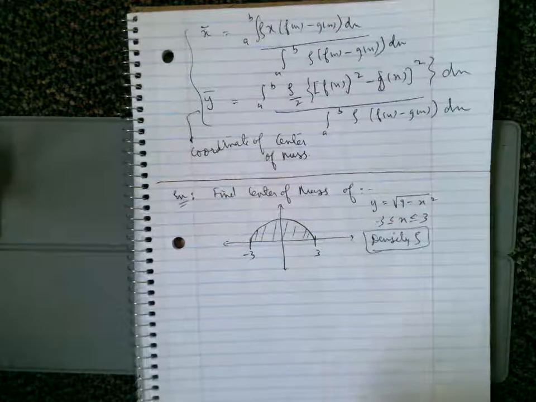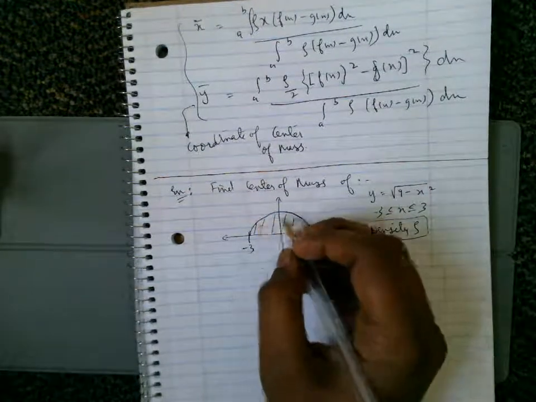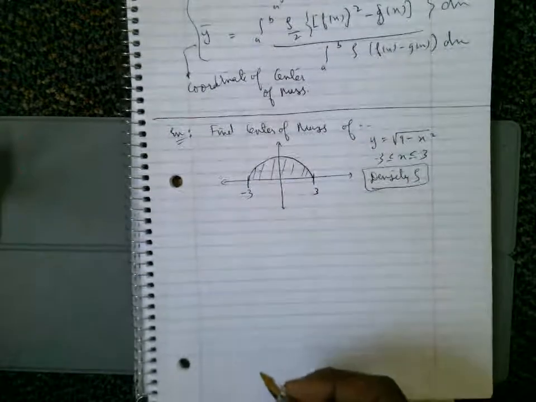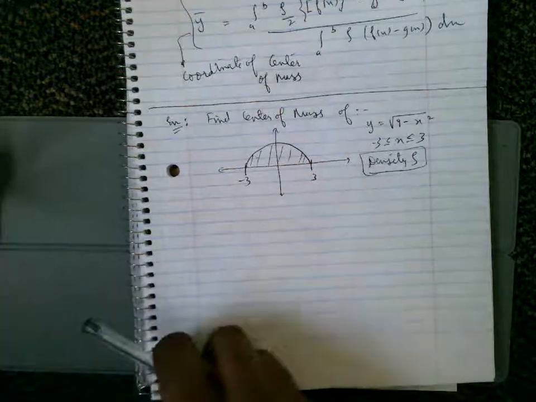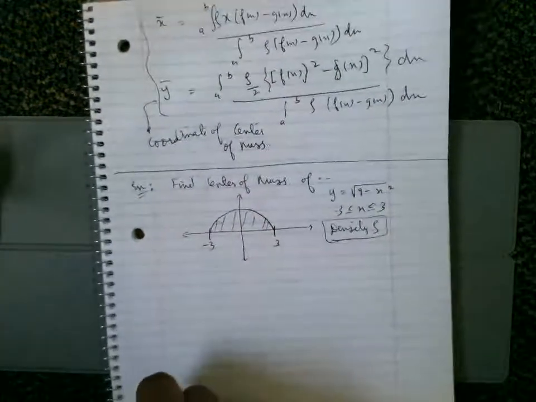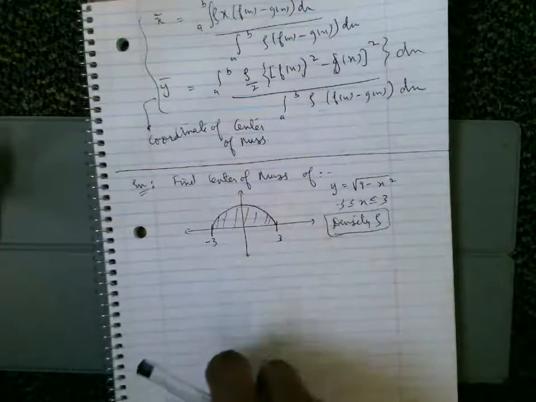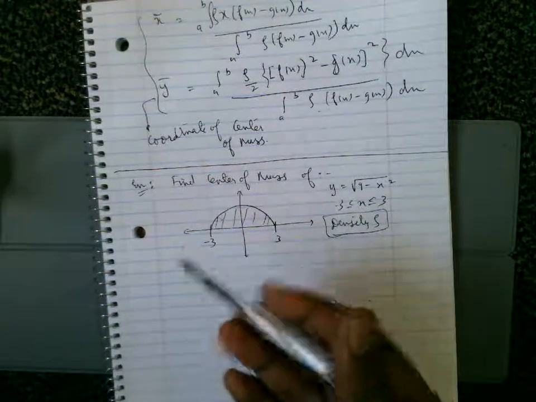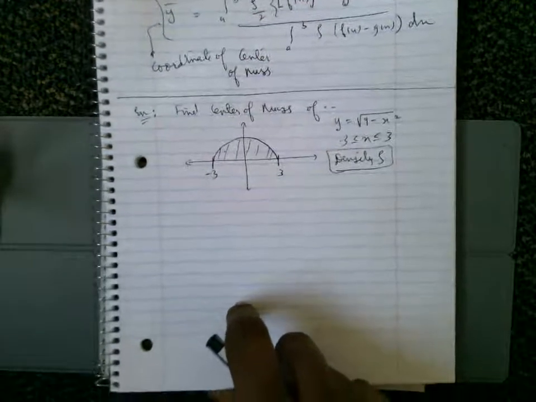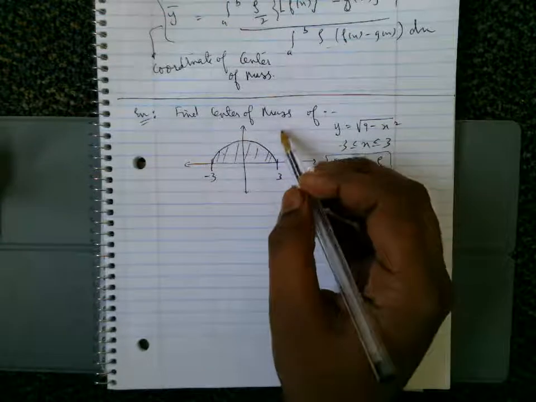But remember that this is only true when the mass is distributed uniformly in the strip. All right, so now let's look at an example. So this is what you may have to remember. And if you can't remember this, you can just go through the derivation and try to apply it for yourself in the problem. Right, so let's look at this example.